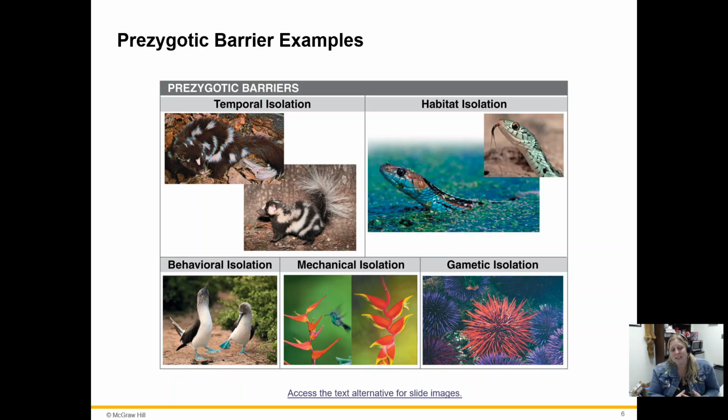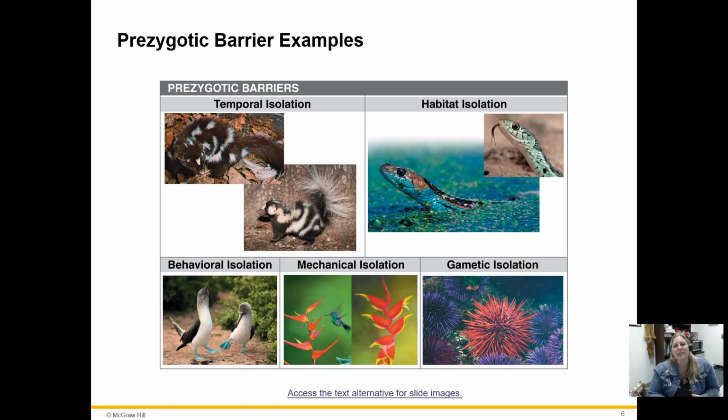Another fantastic example of this would be, if it's not really true speciation because dogs are all one species, but if you tried to breed a Great Dane to a Chihuahua, you're gonna have some problems, okay? The parts aren't gonna fit. That's mechanical isolation. If we bypass all four of these and we move into gametic isolation, like these sea urchins do,